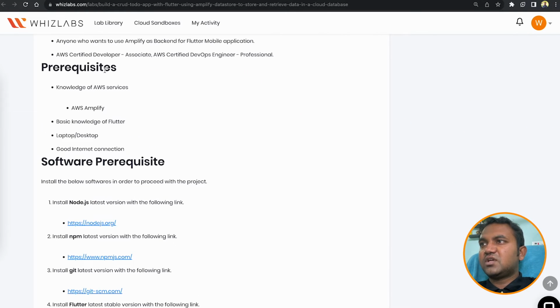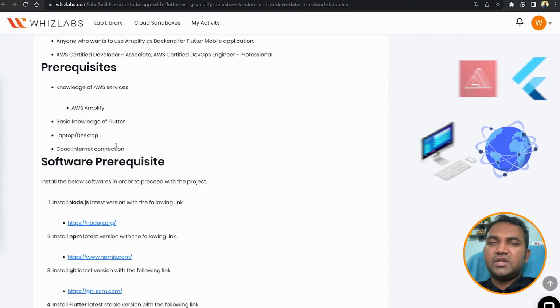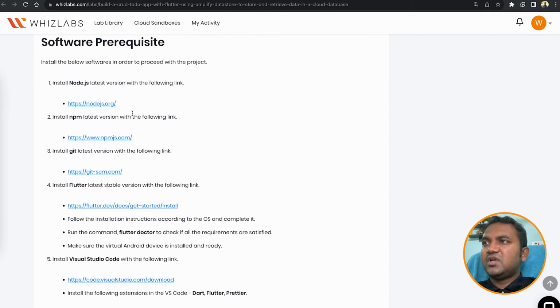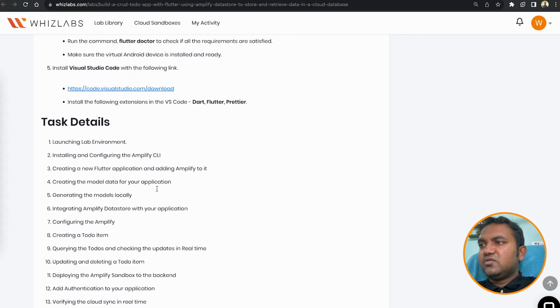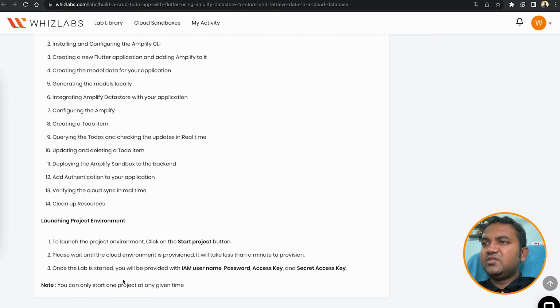If you see here, what are the prerequisites? You should know a bit about AWS Amplify. You should have a basic knowledge of Flutter. You need a laptop or desktop to perform this project with a good internet connection. Some of the prerequisites that are provided, like Node.js, NPM, Git, Flutter, Visual Studio Code, should already be present in your local machine. And now if you see, there is a list of tasks that you will be performing,